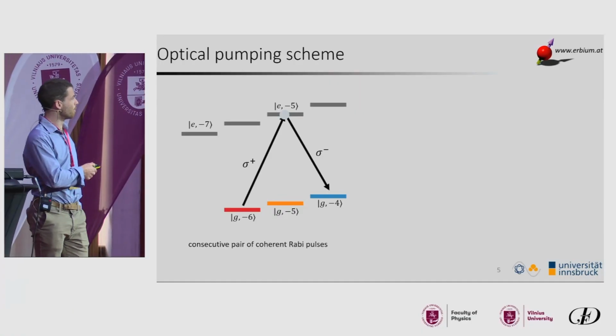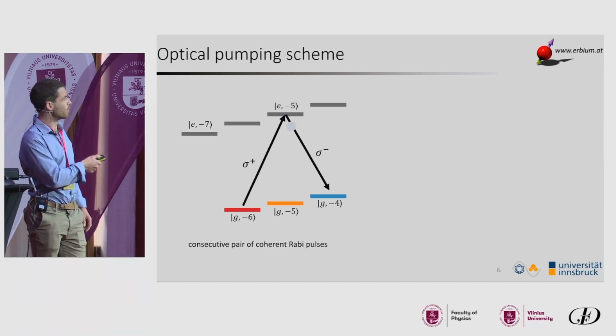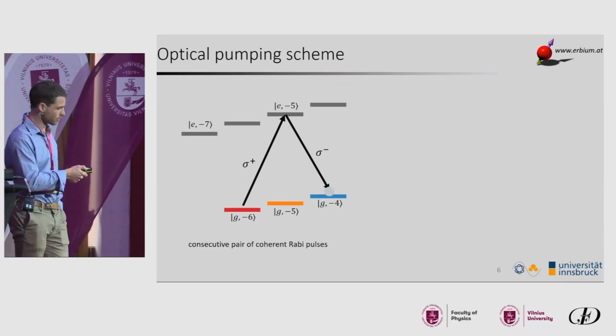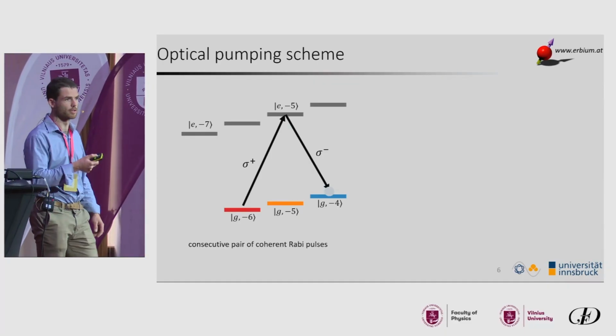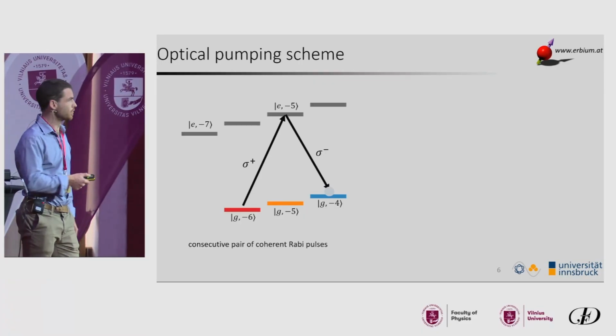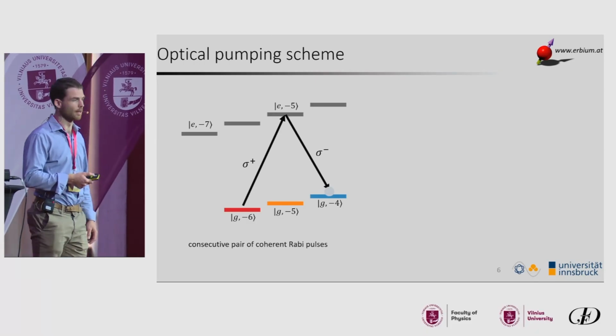And once we have pumped all the atoms to the excited state, we switch off our laser, we apply a second pulse, and then we go back down to the ground state. Typically, we can do Rabi oscillations at roughly the 10 microsecond scale, which means that we are much faster than any other collisional dynamics that is happening in our sample.